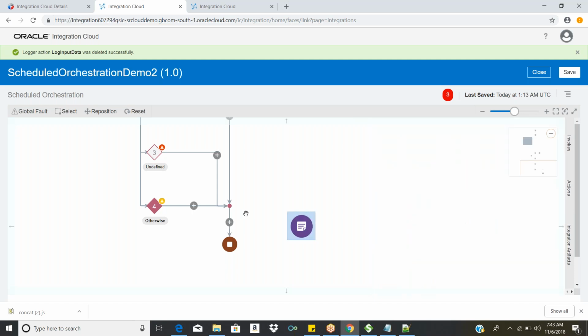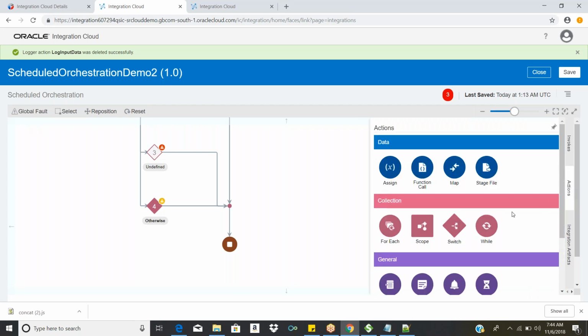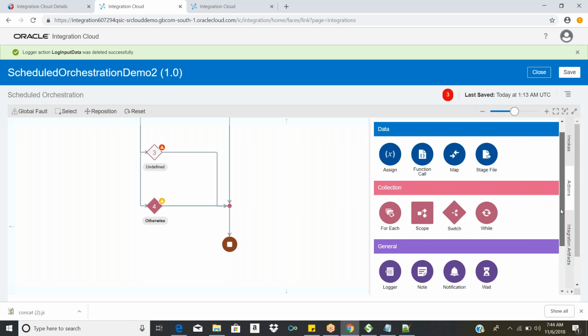So I don't know what this is. Maybe they have added it recently, right? Please give the mention of the note. So I'll check and let you know whether this note activity is there in ICS or not. If they added it recently, it could be there in 18.4, because I accessed 18.3 recently and it's not there.